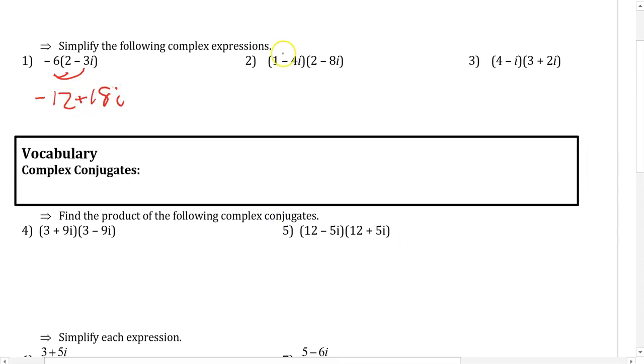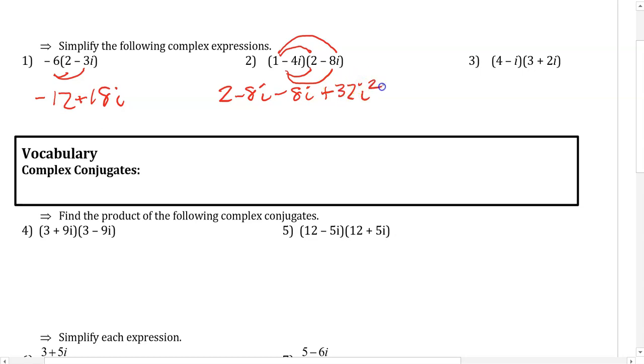On number 2, I'm going to distribute the 1, and then I'm going to distribute the negative 4i. So double distribution, or often called FOIL. When I do that, 1 times 2 is 2. 1 times negative 8i is negative 8i. Negative 4i times 2 is negative 8i. Negative 4i times negative 8i is positive